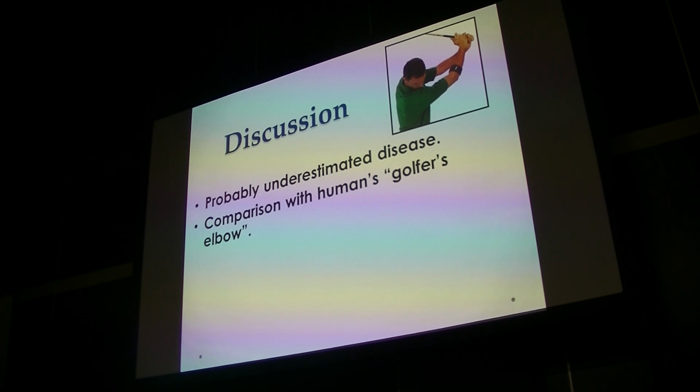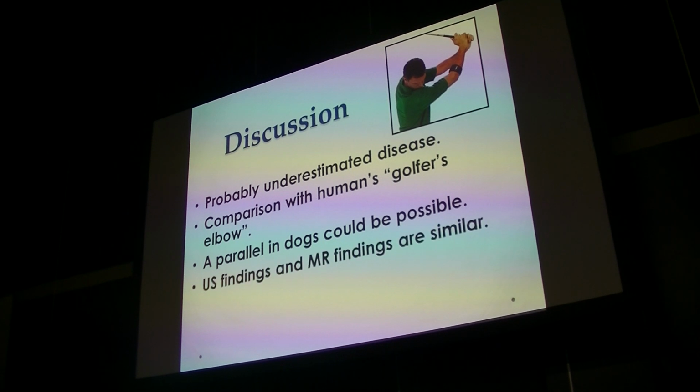So it's a condition comparable with human golfer's elbow. A comparison that we see the same findings in the dog. Unfortunately, CT descriptions of these findings in human medicine are not available. MR findings are available in human medicine, and they're